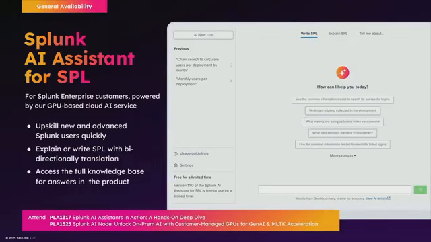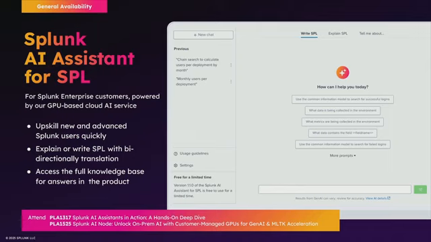They can ask the assistant to explain an SPL that you provide in natural language as well and get summarized feedback on that. And then lastly, you can have general Q&A questions, as the AI agent is actually trained on a lot of the publicly available information on Splunk, including our very important Splunk documentation. And so we'll get to see a demo here in just a second, but before that, let me also share